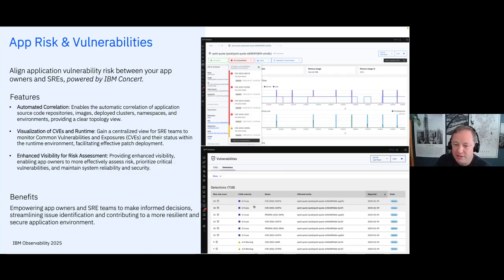So if you've got a list of 200 vulnerabilities, Instana can tell you where those vulnerabilities are in production automatically. We don't have to manually do that. That allows us to do this second feature there, which is visualizing this in something like Concert, so you can